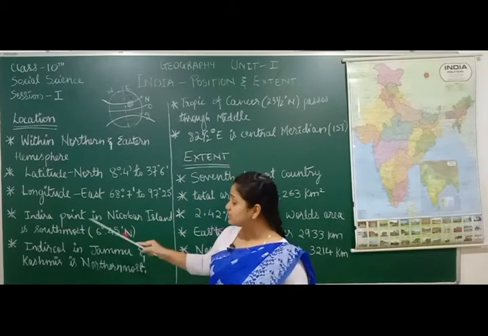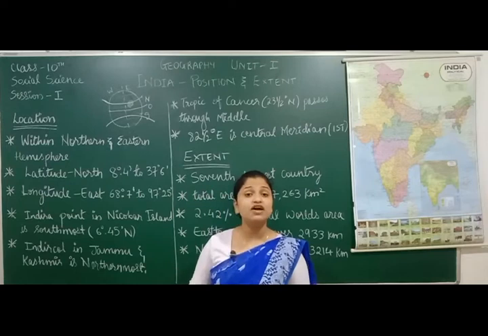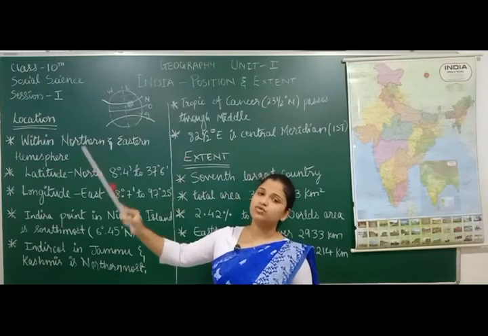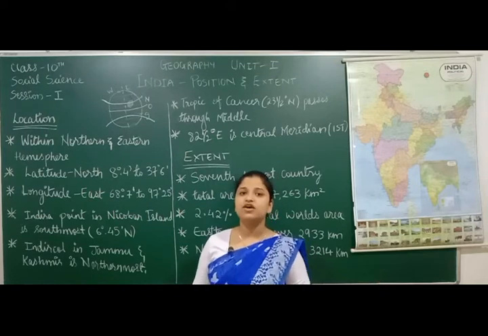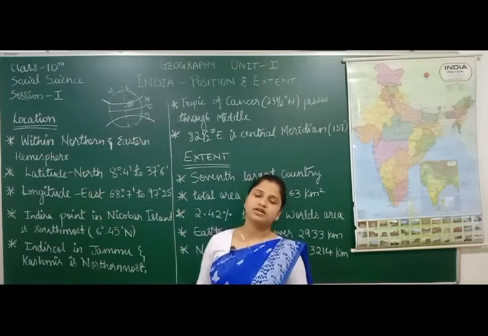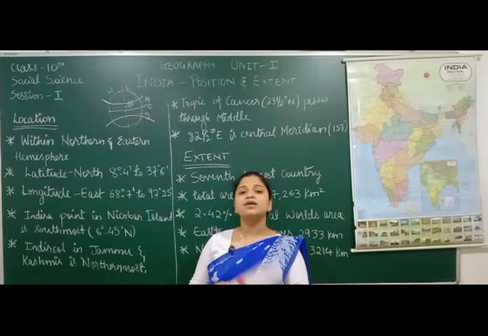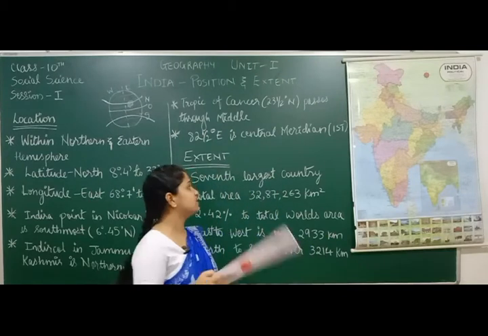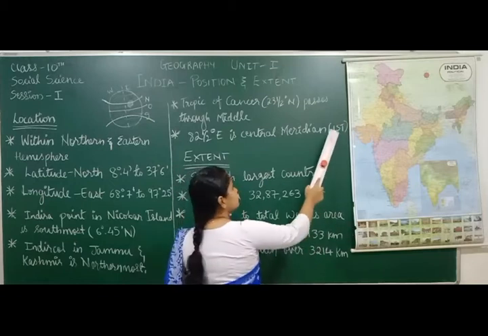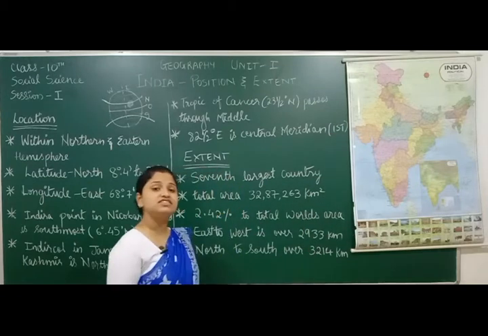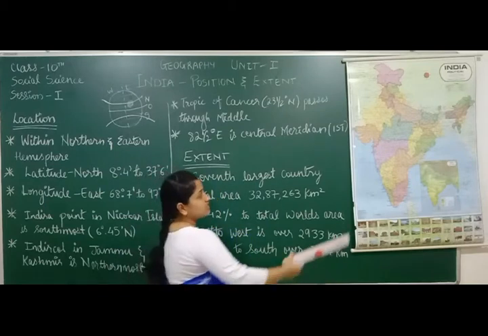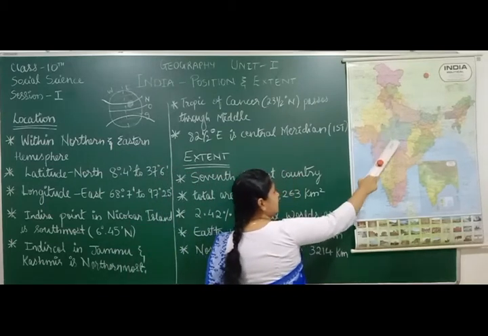Why? Because these places are lying in India only, and no matter where you go in India, the easternmost part, the westernmost part, the northern or the southernmost part, or you stay in the center, the time will be the same for you. Why is that? Because we are all following the time system called IST, Indian Standard Time. And how do we decide the standard time? Based on this central longitudinal line that is passing through India.